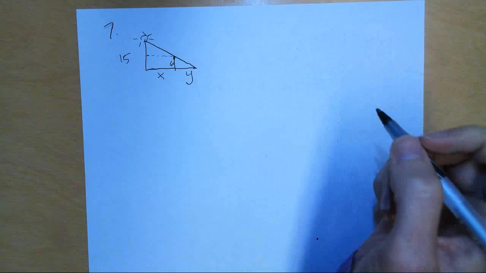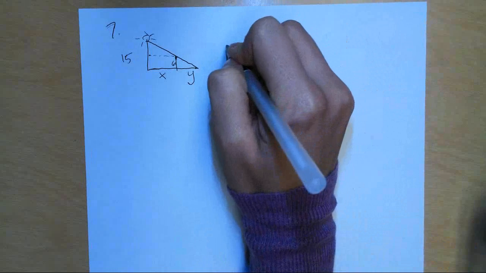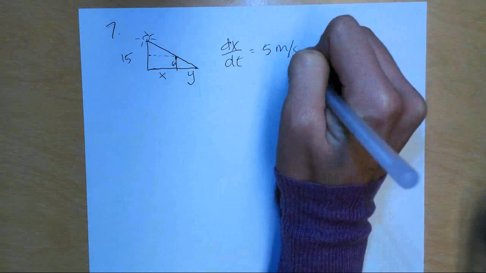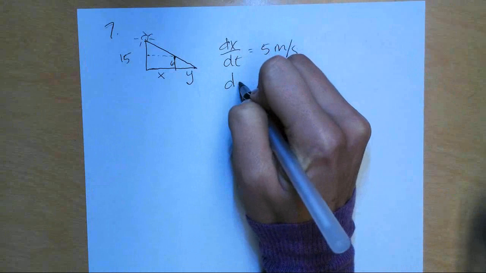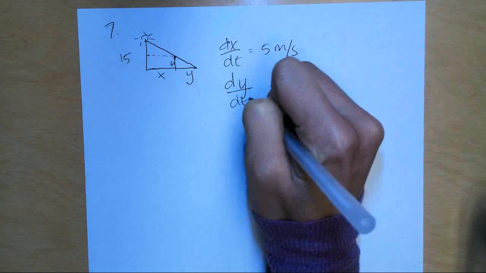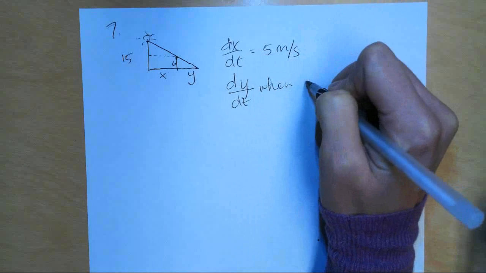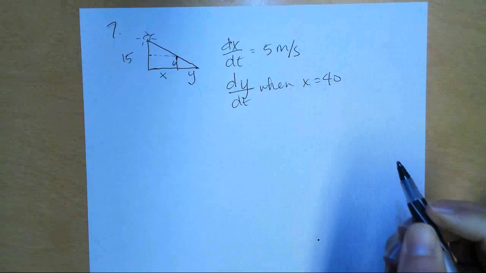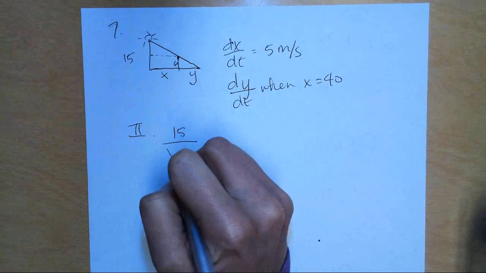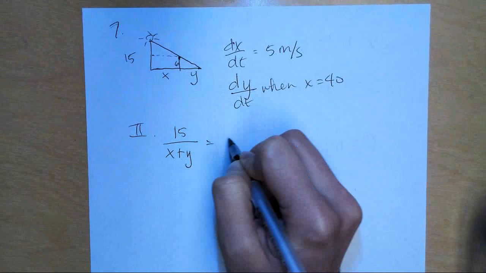Alright, so similar triangles. Oh, by the way, I didn't write what we have. We know that dx/dt is 5 meters per second. We're looking for dy/dt when x is equal to 40. Is that right? Okay. The equation that relates them is 15 is to x plus y as 6 is to